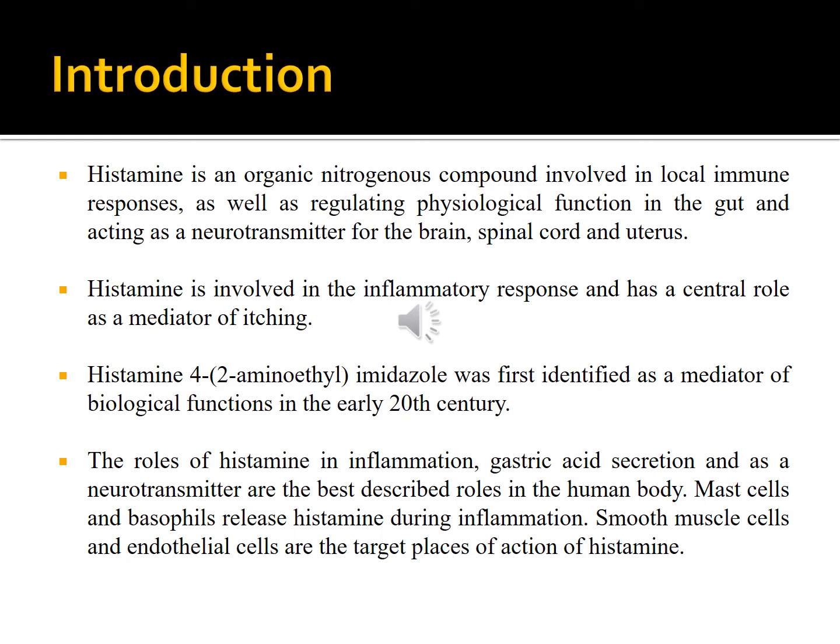As such, it did not attract enough attention for many years from physiologists, pharmacologists and biochemists alike because of the absence of any therapeutic utility. It occurs in many storage sites in the body in varying amounts. It is present in the mast cells of many body organs, in blood basophils, the mucosal cells of the gastrointestinal tract, especially the acid secreting parietal cells, and in the hypothalamus and area postrema in the central nervous system.